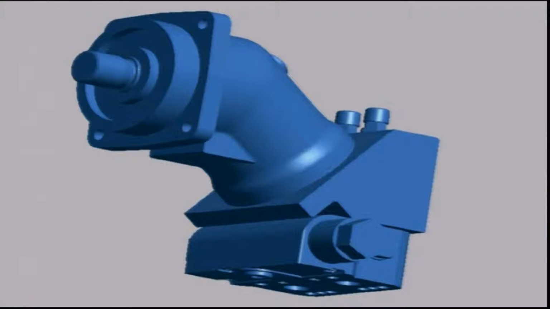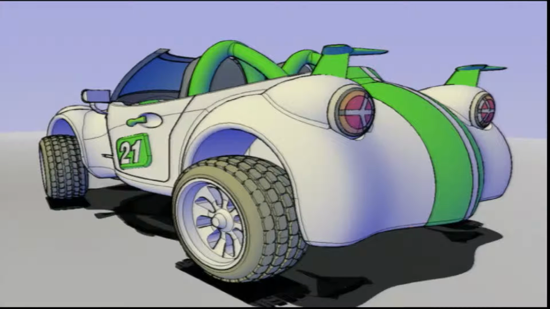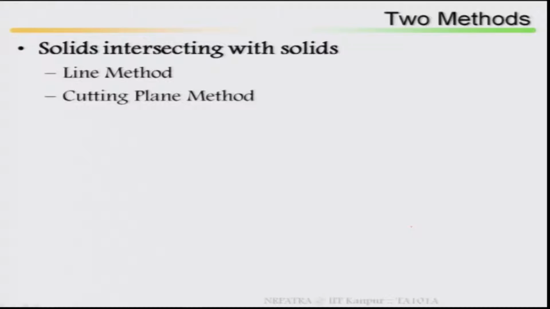Look at here, this is a machine assembly, means if you look at here from this part to this part, this part to this part, this part, these are all intersected, these are all merging. If you look at here, there is a cylindrical shape, then there is a rectangular shape, this is where your intersection will come into picture. Now, there is a vehicle also. Now, let us start with solids and solids.